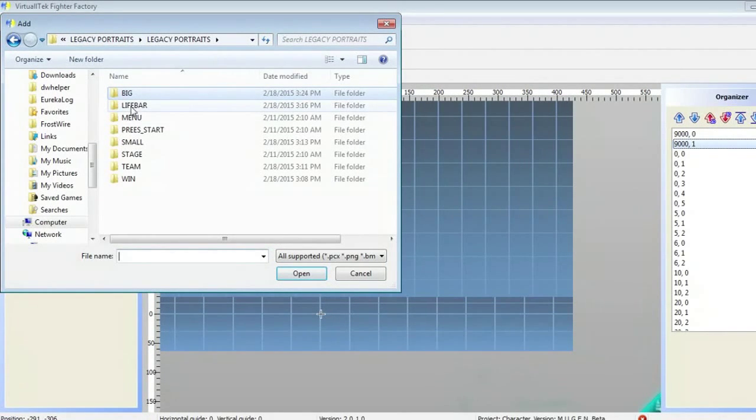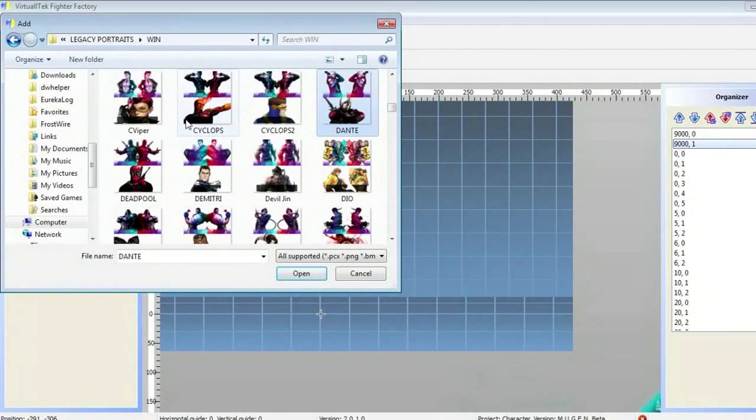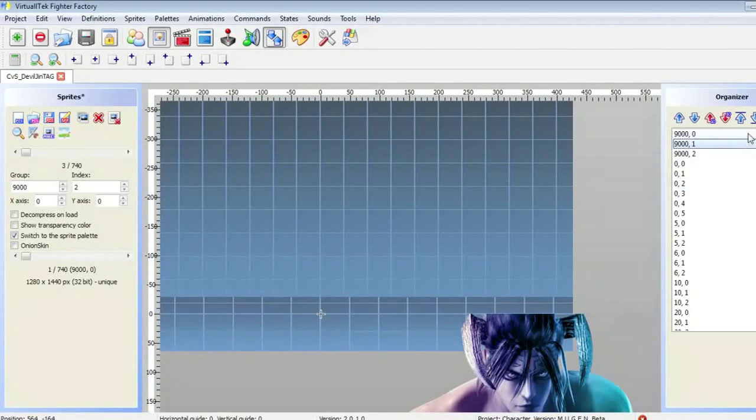So what we do is, the next one is the win tab. And we go to double gen right here. And we have to name it 9,000, the group number, and 2, and make sure the coordinates x and y is 0 0, and you hit OK, and there he is. He's right there. It's right here. So we hit save,